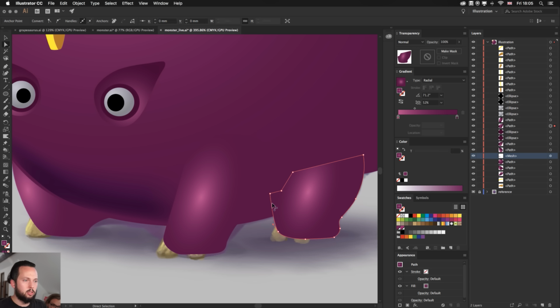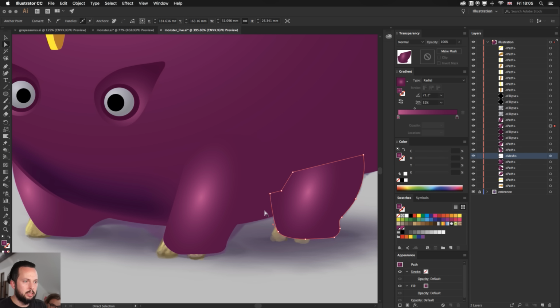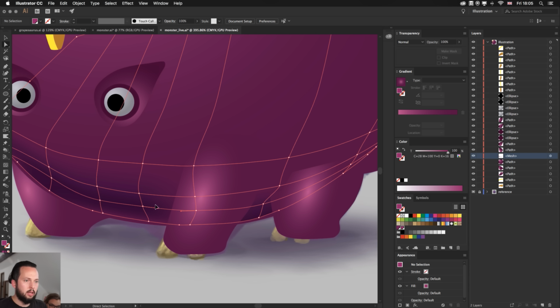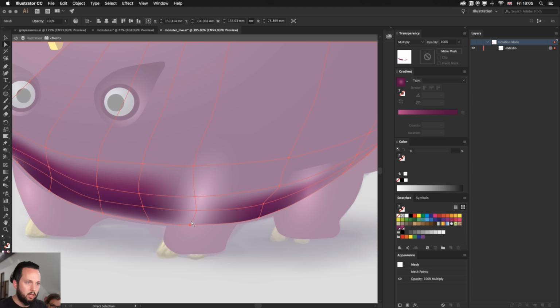So the same thing, because we already have our mesh, we can just move a couple of mesh points here. Let's just select that mesh point. I am starting to mess it up. Let's just move it in here. And then select these two, darker detail. Maybe that one can be a little bit brighter. And then also these should be, there you go, double click with the selection tool for isolation, and then those details are not getting in the way.